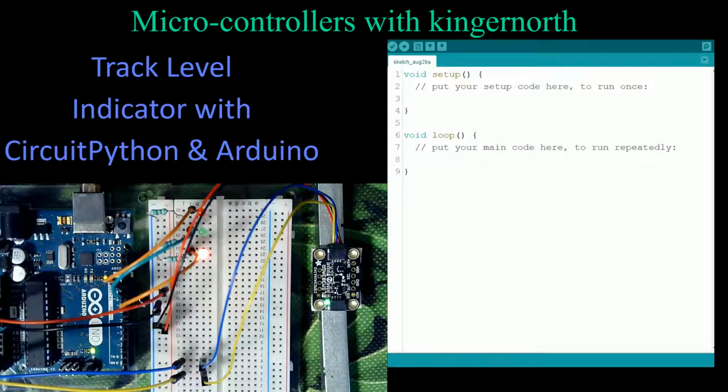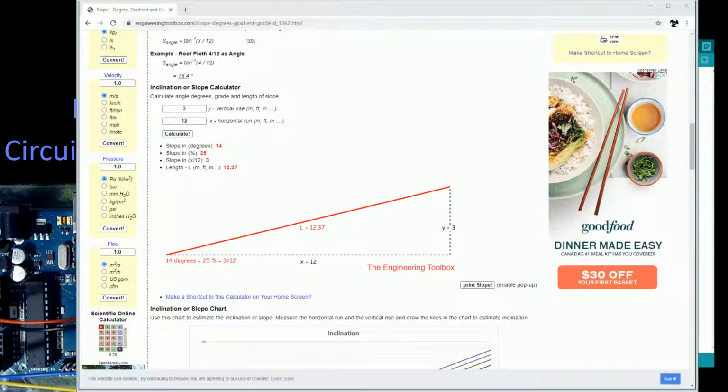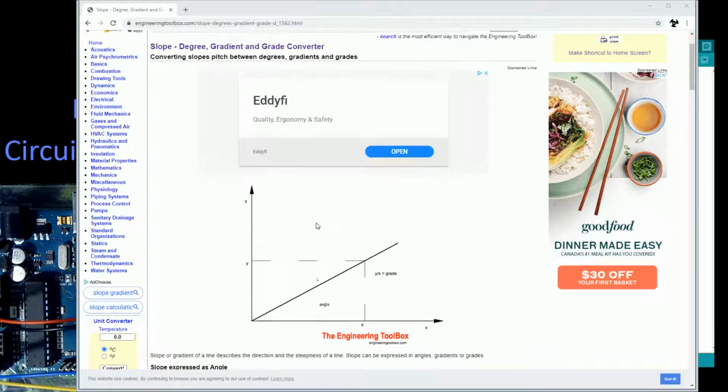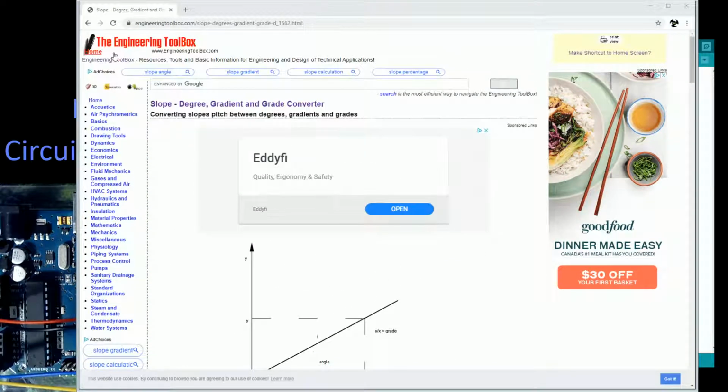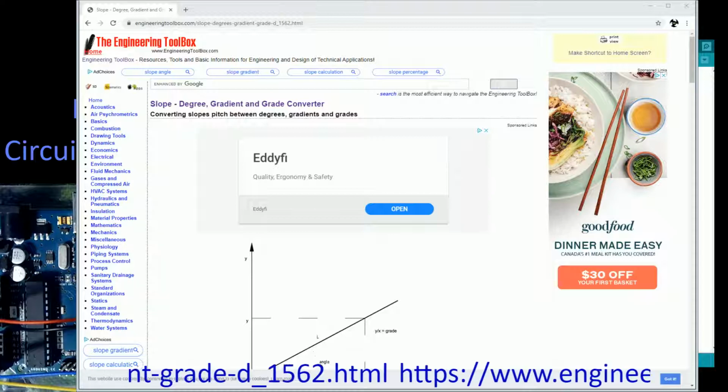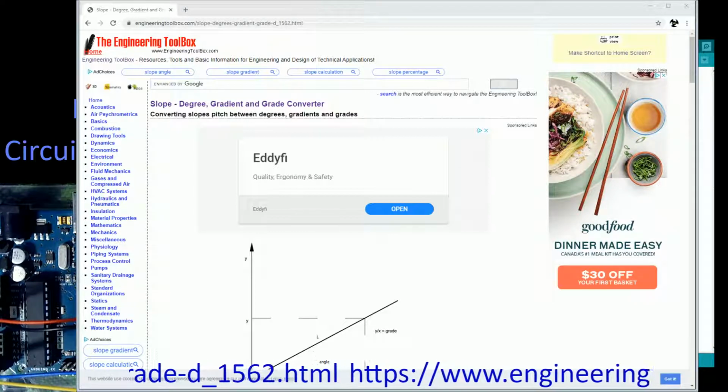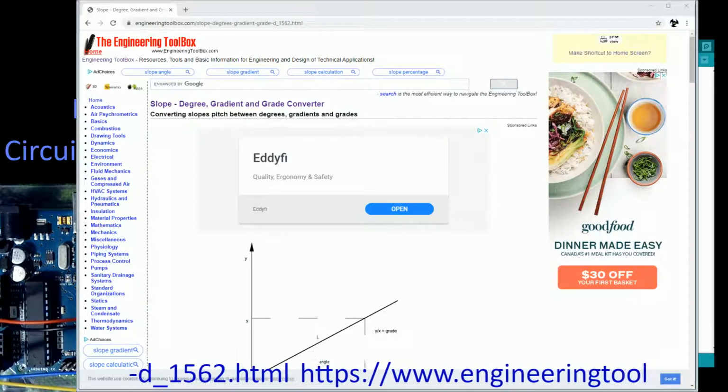So what I'm going to start you out with here is a site. And this is a site that I looked up and found searching through Google, and this is called the Engineering Toolbox. And if you're looking for an address for it, I'm going to put that up on the page too, so it shows up here. And it's going to scroll across the bottom, but basically it's just